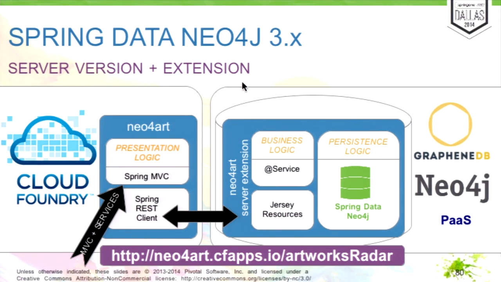So this Neo4j server extension was packaged and installed in Neo4j server in the hosting solution. And then we deployed kind of the front-end part of the application into Cloud Foundry. And this talks with a Spring REST client to the backend, and I think also the web page talks to the backend, right? Yeah, talks to the backend, and that's now hosted on Cloud Foundry. We had some problems getting started because right now Neo4j is not in the kind of service broker list of Cloud Foundry, but we are having a talk with the Cloud Foundry guys today, so we'll see what happens there.